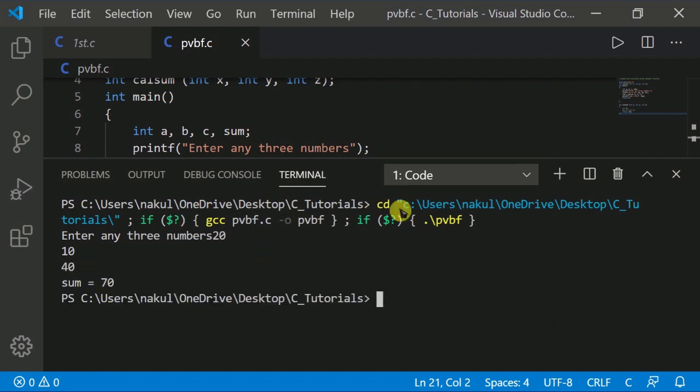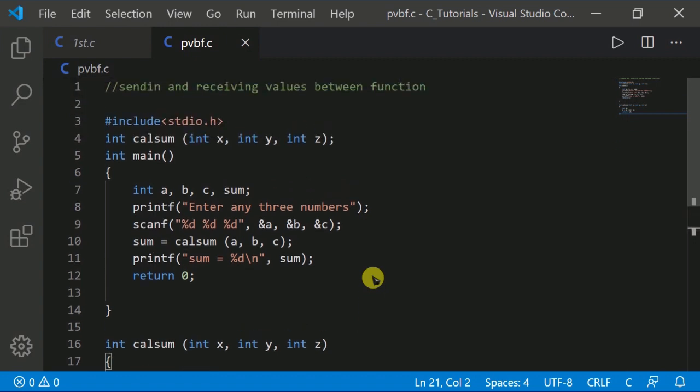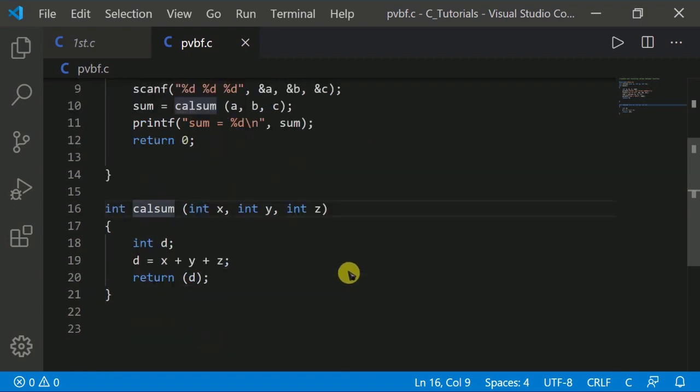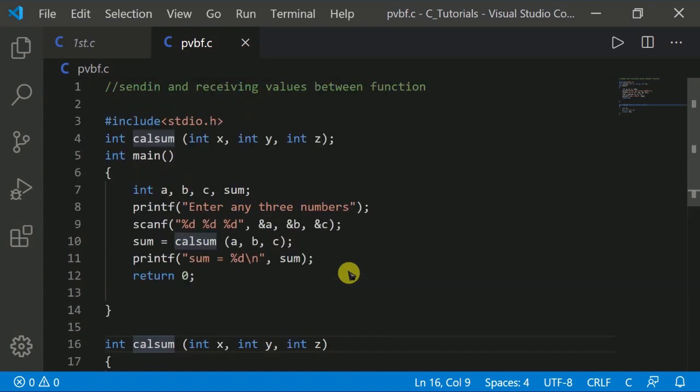The sum is 70, because 20 and 10 make 30, and 30 and 40 make 70. So that is passing values between functions: we pass the a, b and c values into the calsum function.